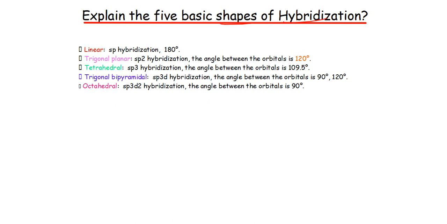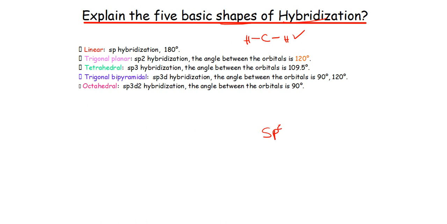So when we have sp, we are forming, let's say, a carbon bonded to 2 things. Let's say it's bonded to hydrogen and hydrogen. This carbon is sp hybridized. So you can see they are straight, so the geometry is linear. This is a molecular geometry, not just linear, it's a molecular geometry. So when there are 2 like this,